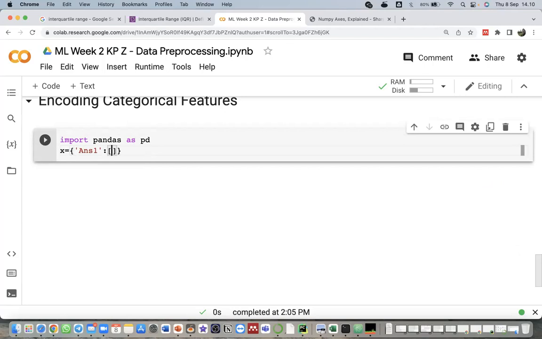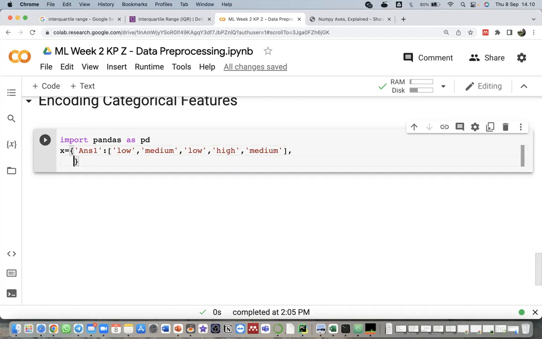The first column is ans1, and I give the values low, then medium, then low again, high, and medium. The next one is ans2.